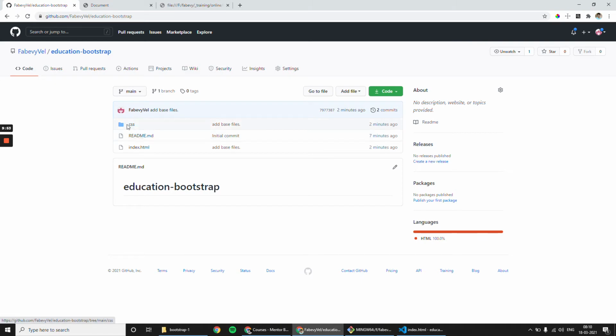I will add every one of you to this project so that you will have access to the code, as well as access to push the changes, push new files, or update any HTML or CSS and push it to the repository. You will be part of this project. You won't create a new repository. Keep this in mind: you won't create a new repository. You will work in this repository.